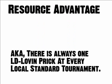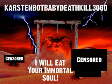Resource-based advantage comes in the form of having more mana than the other player while destroying their resources in return. Wildfire is a perfect example of this, as the Signet-heavy Izzet Tron player pounces on the unprepared foe. Karsten Bot Baby Slaughter Death Kill 3000 creates this advantage with land destruction, something that Wizards R&D thankfully keeps at